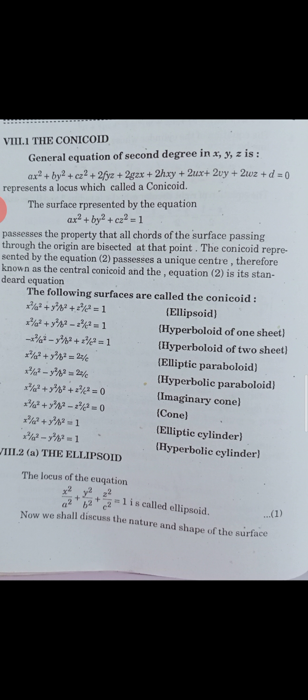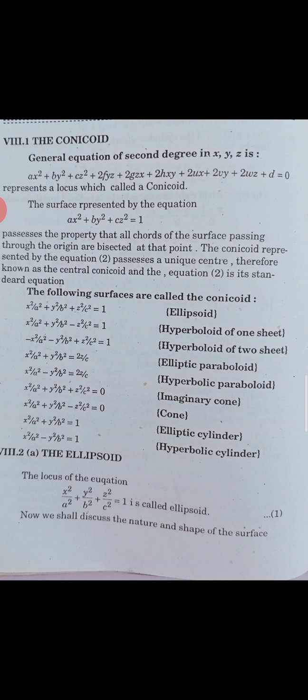First, x²/a² + y²/b² + z²/c² = 1. This is an ellipsoid. Second, x²/a² + y²/b² − z²/c² = 1. This is a hyperboloid of one sheet. Minus x²/a² − y²/b² + z²/c² = 1 is a hyperboloid of two sheets. x²/a² + y²/b² = 2z/c is an elliptic paraboloid, and x²/a² − y²/b² = 2z/c